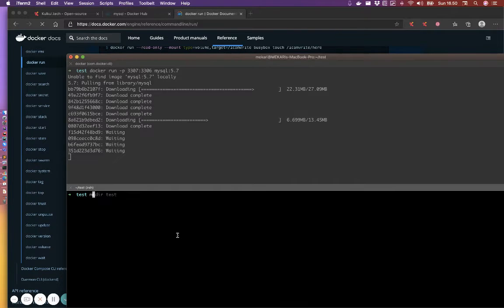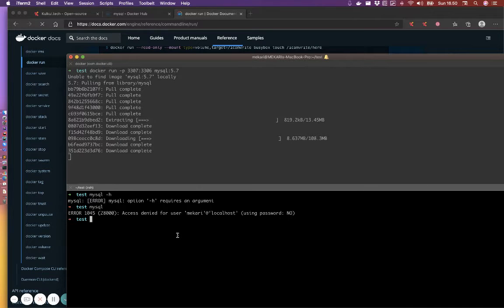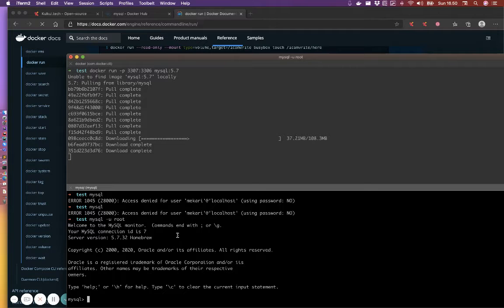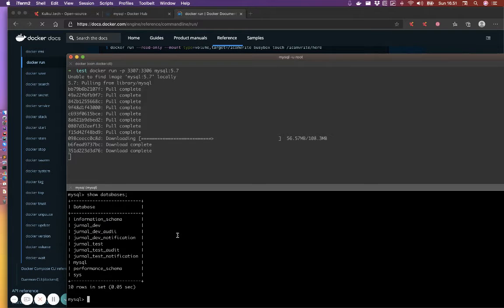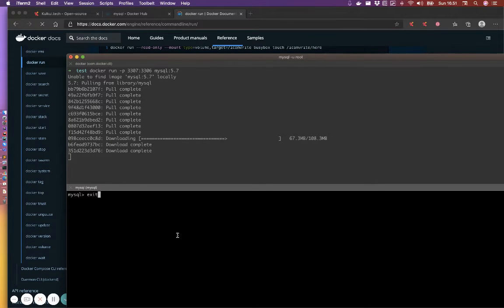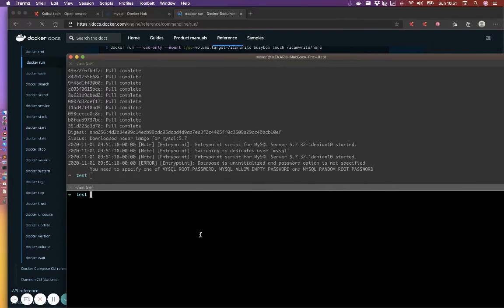I actually already have MySQL here. If I do mysql -u root, it is MySQL 7. And if I open the databases, there are a lot of databases here. But what I want to show you is that if I connect to the other one, it should be a different database, right? So let's see. I hope it's fast enough to finish.